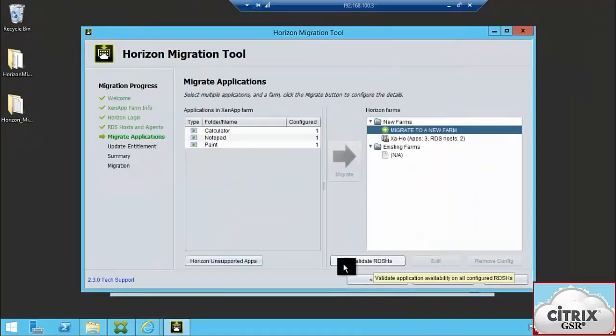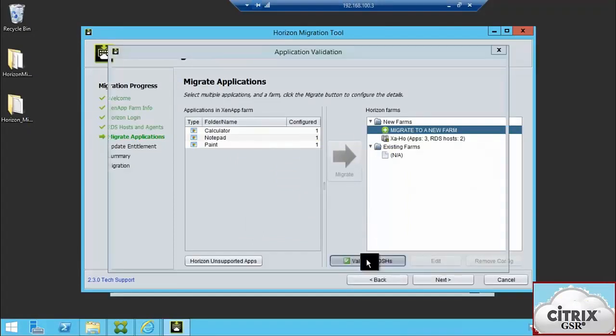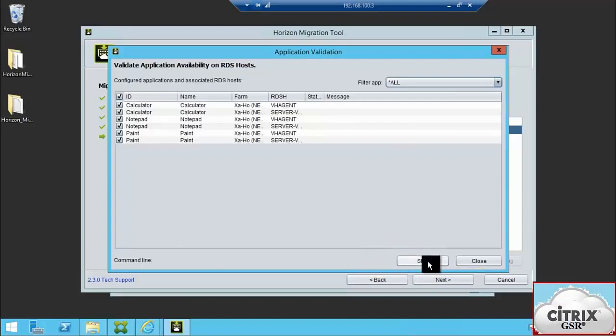Click OK. If you want, you can validate the application details, whether the applications are installed on these two machines or not. Just validate RDSH. Start. Because this application is available on both machines, we are getting the green tick here.